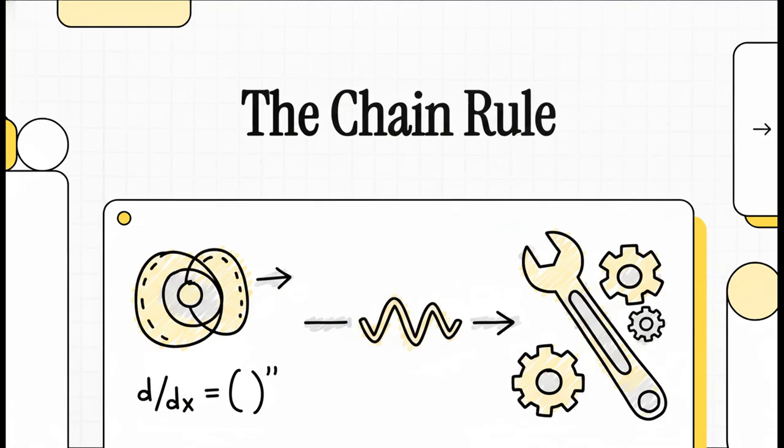Today, we're tackling a calculus concept that honestly gets a bad rap for being intimidating, but I promise it's actually incredibly logical once we break it down. We're focusing on the chain rule, the absolute essential method for differentiating composite functions. If you've ever found yourself totally stuck trying to find the derivative of a complex, nested equation, you're exactly where you need to be. We're going to build up your toolkit step by step so you can confidently tackle these